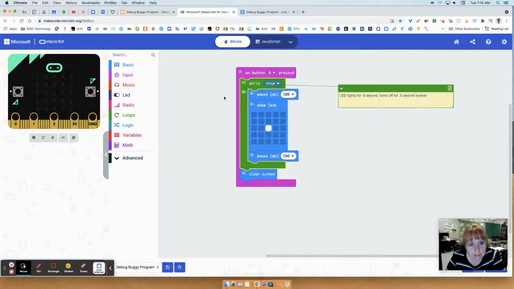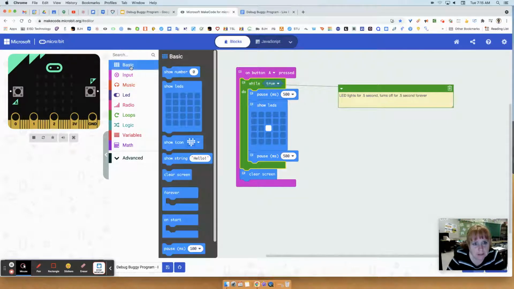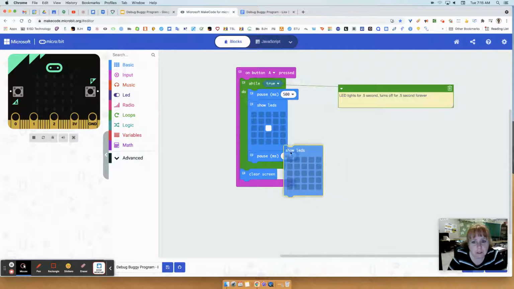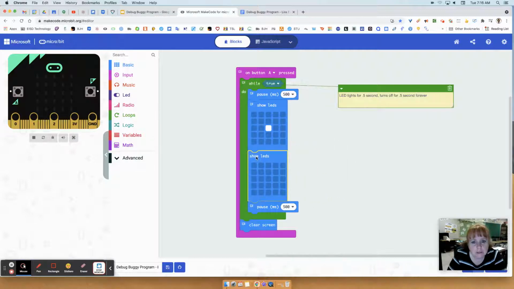Remember, let's go back to our basics and take out a show LED. We're going to try this out and see if this works. I'm going to put it under there, and then I'm going to put a dot there. So we'll see if that works. So let's run it. Now I'm going to write down this change that I did. So I'm going to write this down in my journal. So I got my journal, right? And I'm going to make a change. So I added